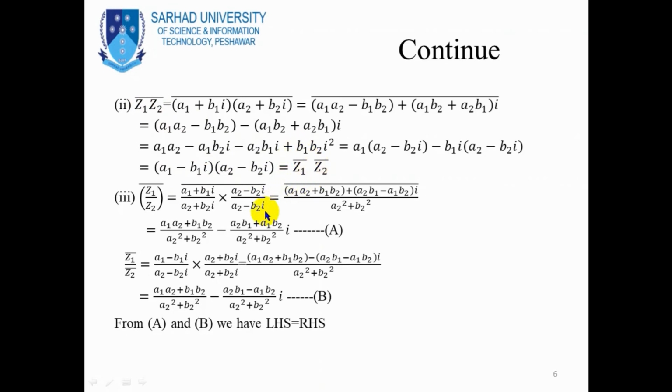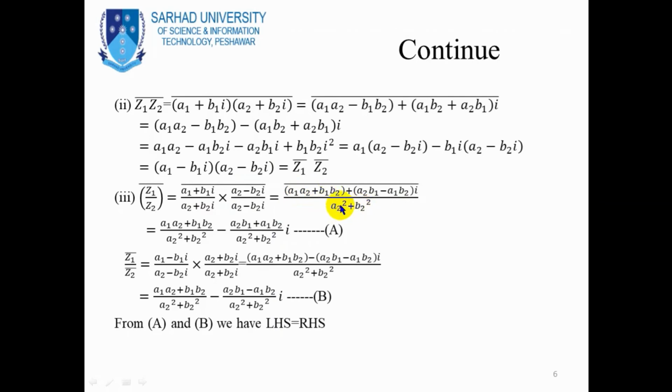Now the whole conjugate of z1 divided by z2. First of all, divide z1 and z2. For the division, as we have discussed in the previous slide, we take the conjugate of the denominator. This is the conjugate of the denominator. Now, multiplying the numerator factors, we obtain (a1 a2 plus b1 b2) plus (a2 b1 minus a1 b2) into iota, divided by the denominator, and using the formula a square minus b square, we obtain a2 square plus b2 square.